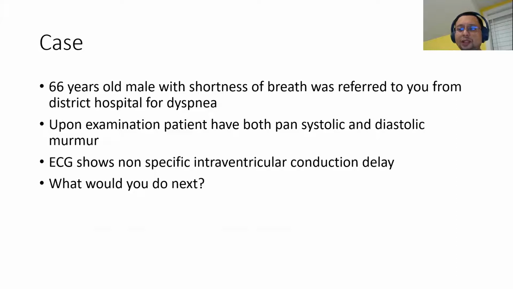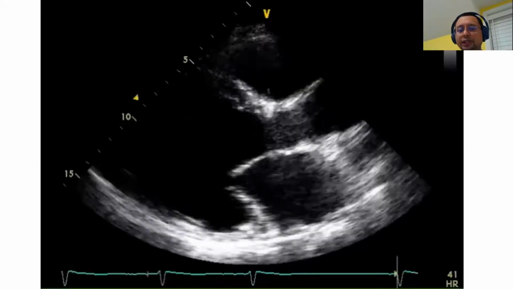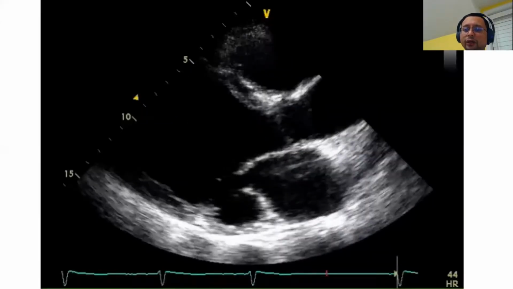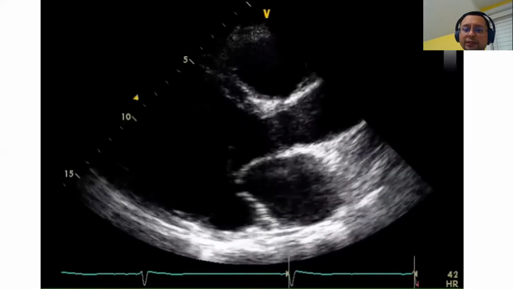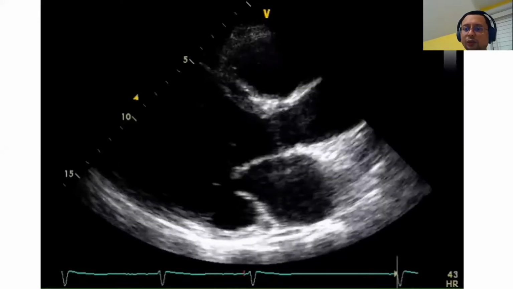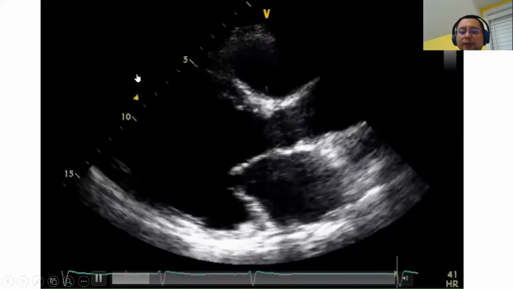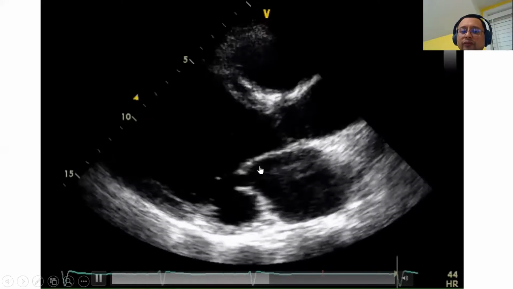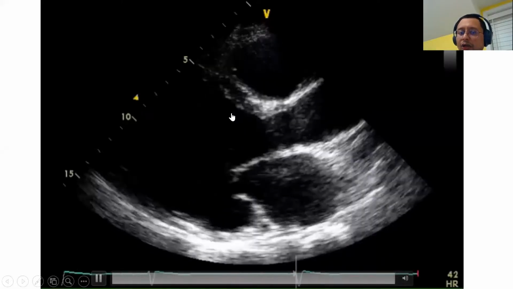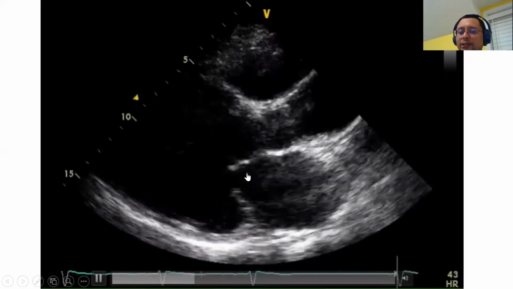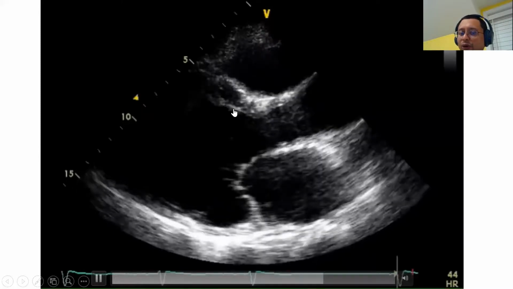Of course, you do your normal electrocardiogram and you do an echocardiogram. So that's the echocardiogram, okay? Now, you look at the echo here, it is striking that the ejection fraction is actually very poor. The ejection fraction is only in the region of 25% or so. So this is a 2D without color. But if you look at the anterior mitral valve leaflet, it doesn't open normally during diastole. During diastole, the anterior mitral valve leaflet should open all the way there.